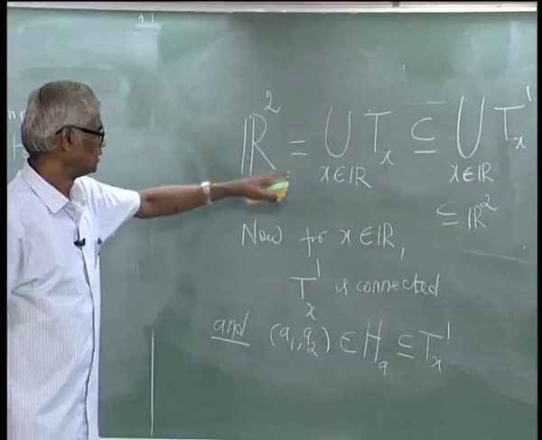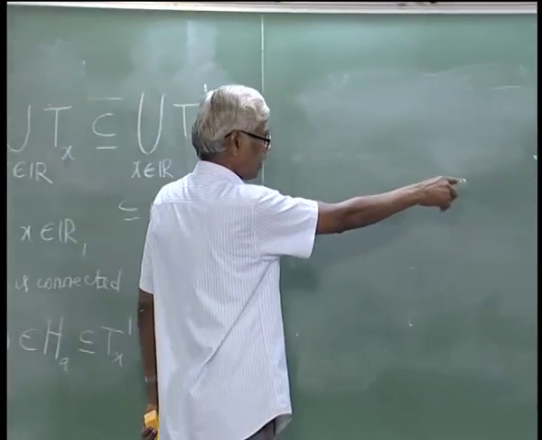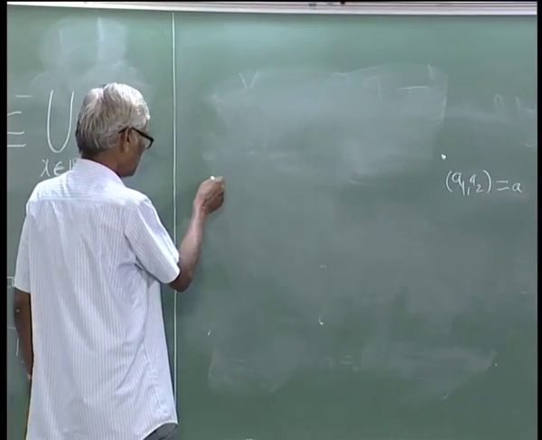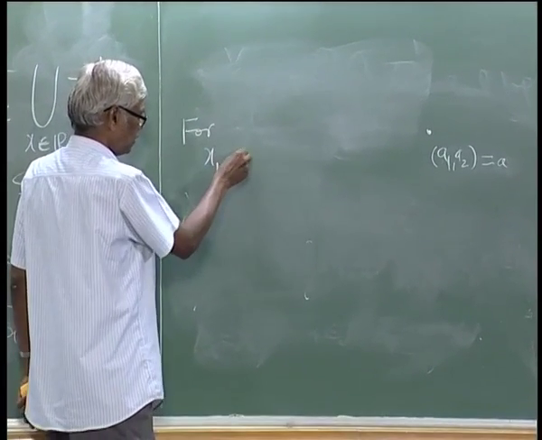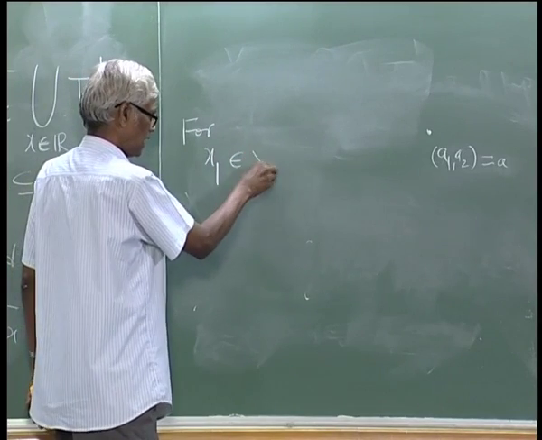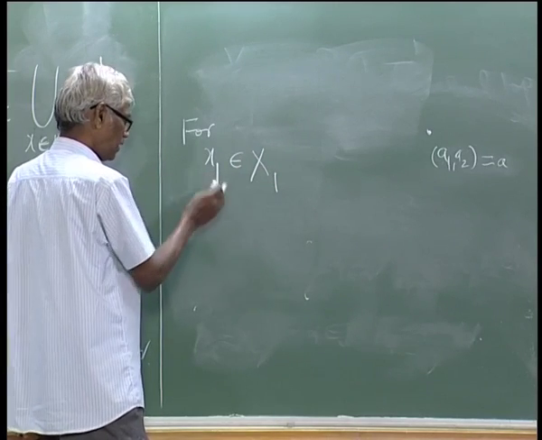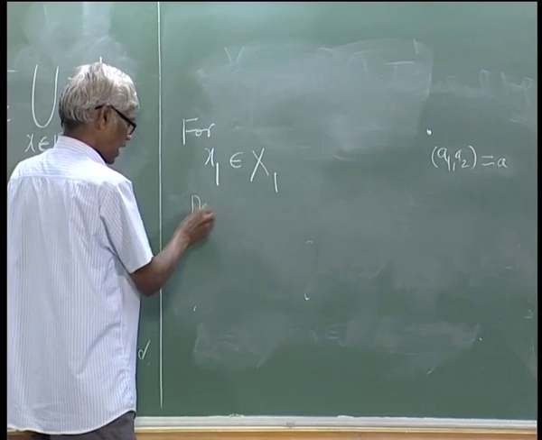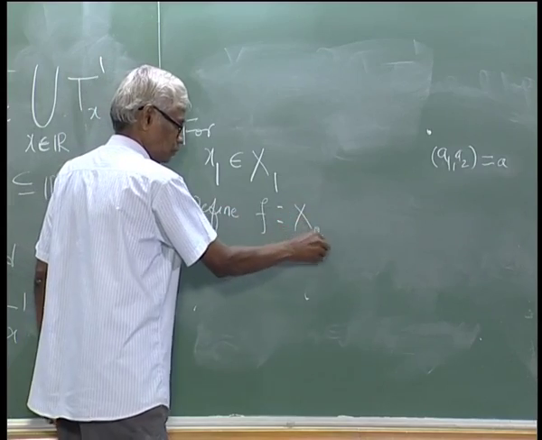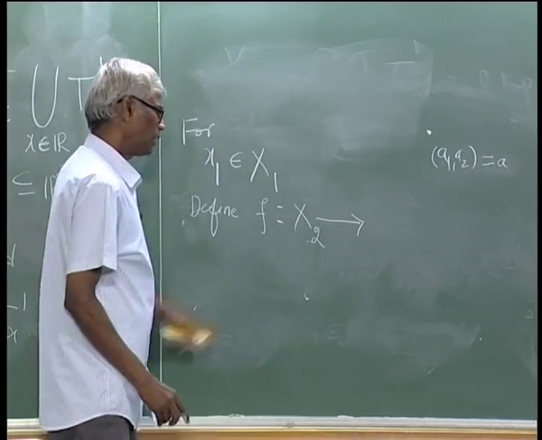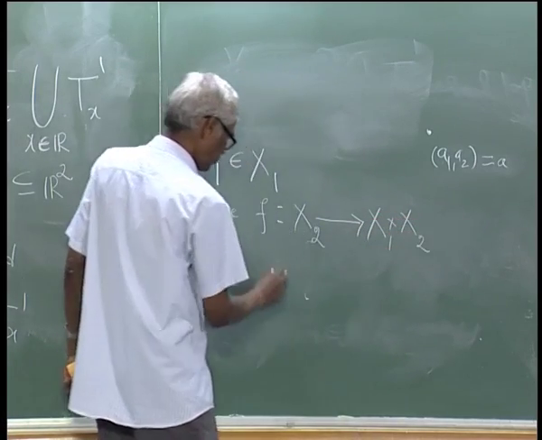Similar to this, for each x1 belonging to capital X1, fix x1. Now we define a map f from X2 to X1 cross X2